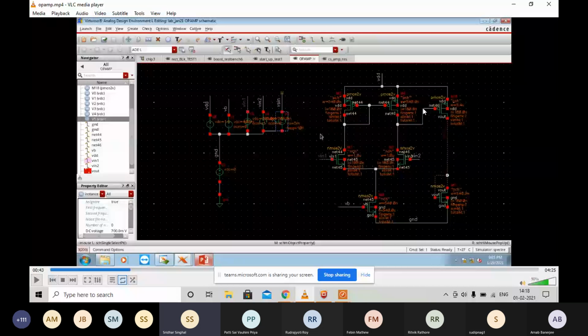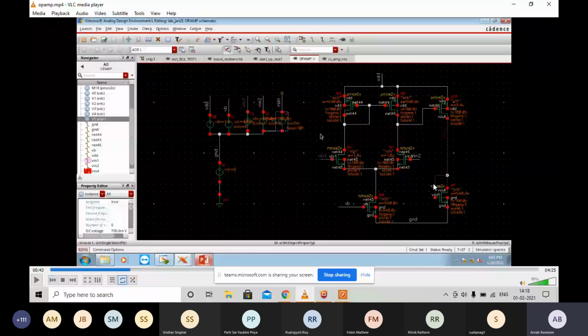Sir, the connection between the PMOS amplifier, the second stage, and the NMOS diode load is a dotted line. This one? Yes, sir. No, this is not a dotted line. This is the output that is selected for this. This is a red wire. The output of this wire will appear in red color. Just hold on.